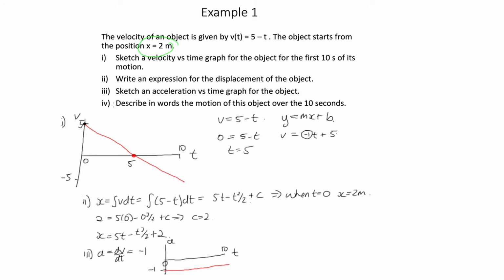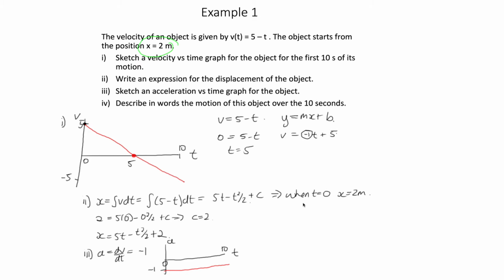And then part 4, we're asked to describe in words the motion of this object over 10 seconds. Okay, so looking at the velocity time graph, we can see that the velocity is in the positive direction but decreasing, and then it's in the negative direction. So how we can describe this in words is, well, the object starts at 5 meters. It moves in a positive direction but with a decreasing speed for the next 5 seconds. At 5 seconds, it's at rest and it changes direction. It then speeds up at a steady rate over the next 5 seconds, ending up at a position of minus